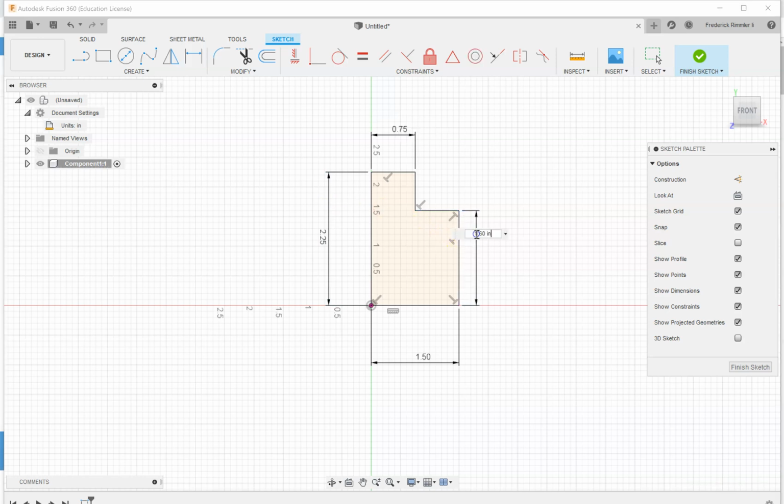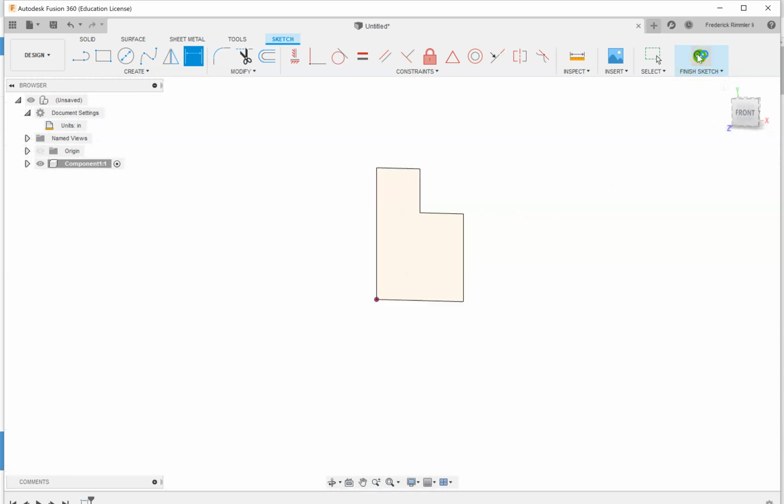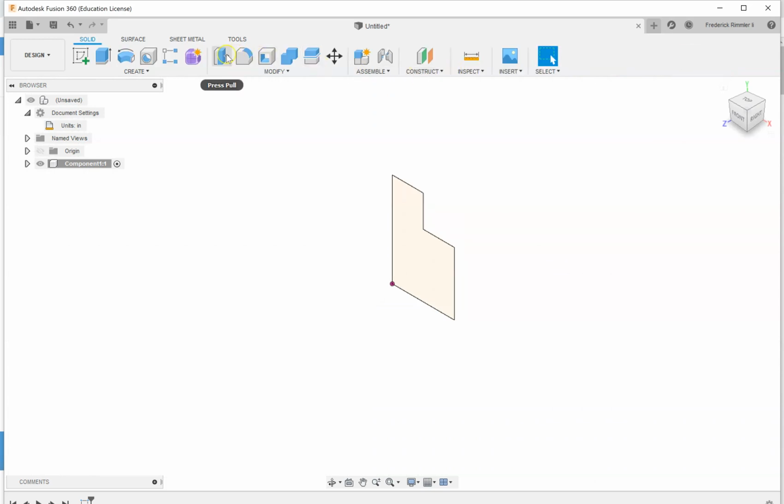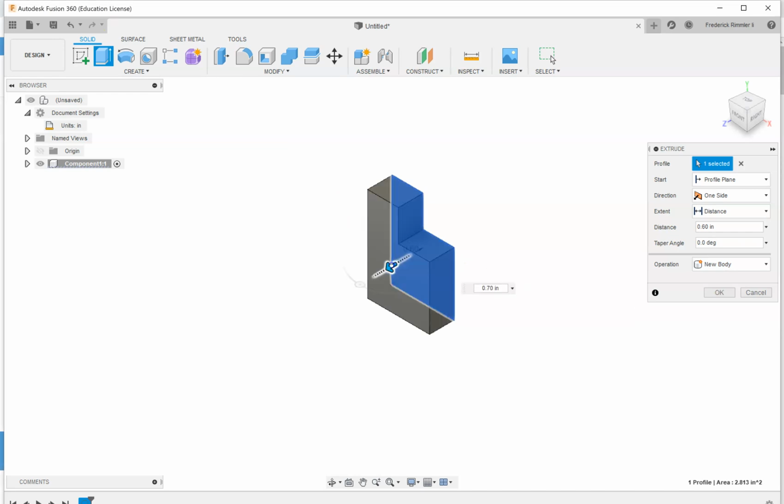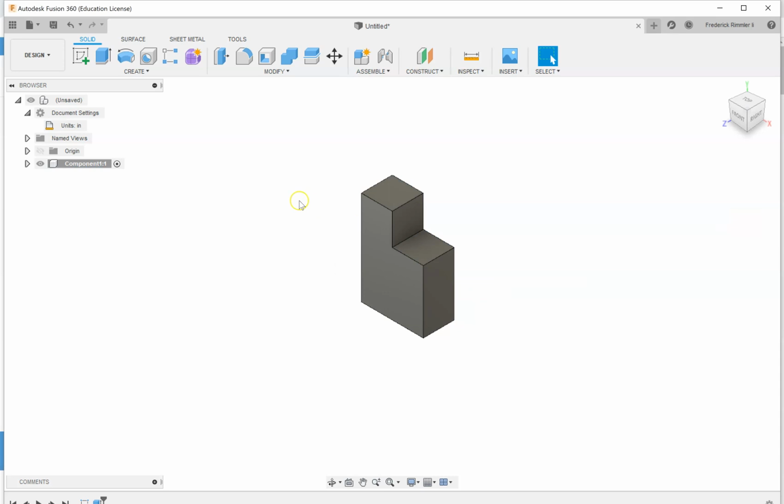So I can come through, continue to add my dimensions until all of my lines turn black, and now this part is fully constrained. I'm going to finish, click the press pull tool, click the shape and drag it into 3D, 0.75 inches. Now, like I showed you guys in class on Thursday, there's 2 special things we want to